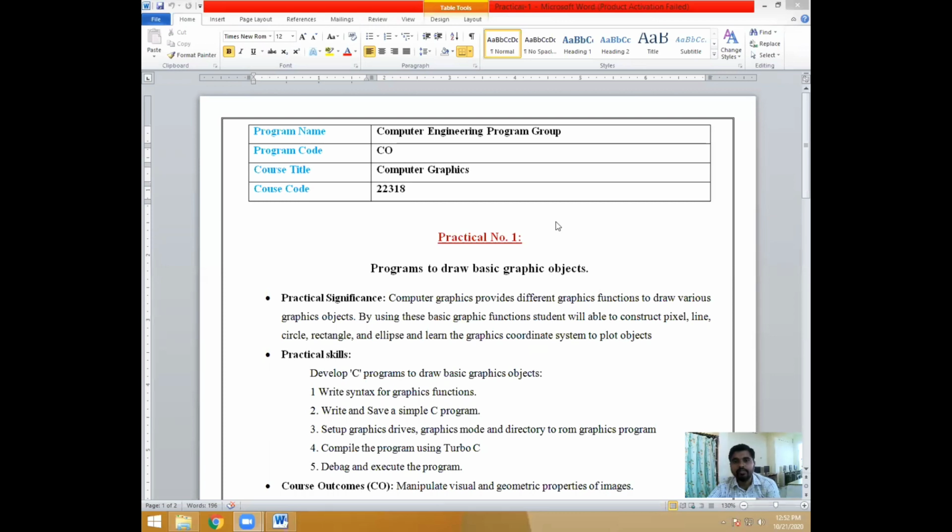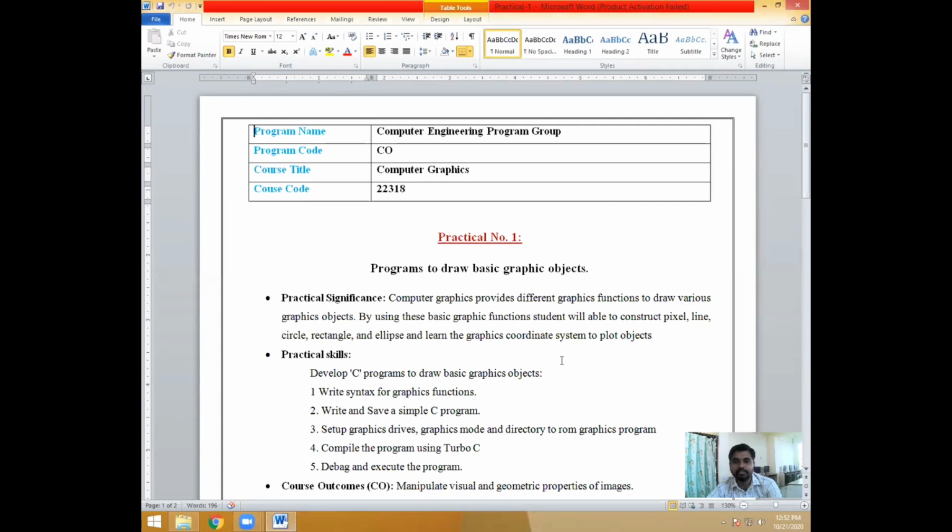Today we will study the first practical of computer graphics program, that is, a program to draw basic graphic objects. In this practical you are going to study how to draw basic graphics objects such as pixel, line, circle, rectangle, etc. Computer graphics provides different graphics functions to draw various graphics objects.